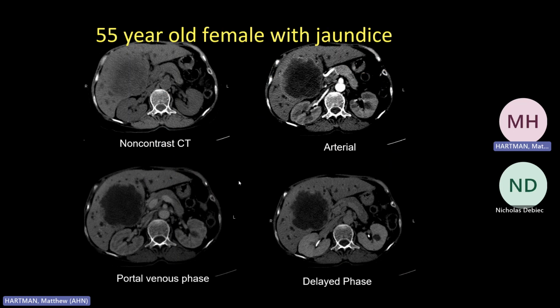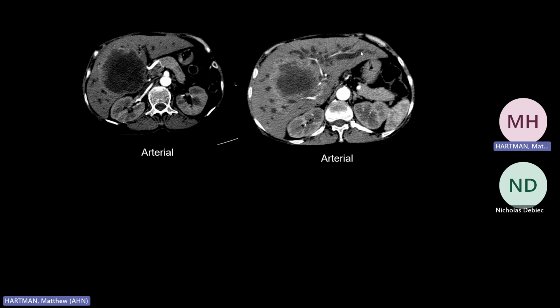This is one of my favorite cases. This was a case from fellowship, and we're going to apply the same principles. We have a CT scan, non-con, arterial, portal venous, and then delayed. And how is this lesion behaving? Well, it's not hypervascular, it's dark, but it's staying dark, maybe filling in a little bit. So it's not behaving like a hemangioma. And the other interesting thing is we have these dilated branching tubular things through the liver.